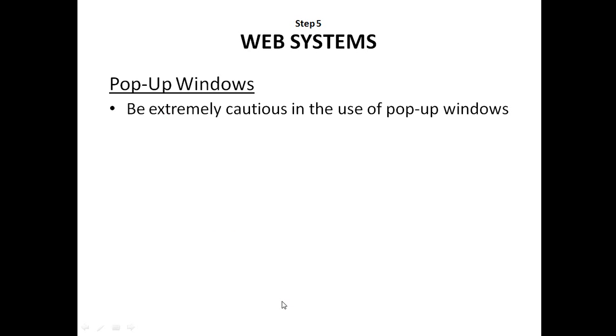Another is the pop-up window. We need to use this pop-up window very cautiously.